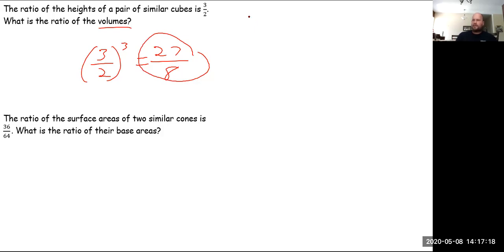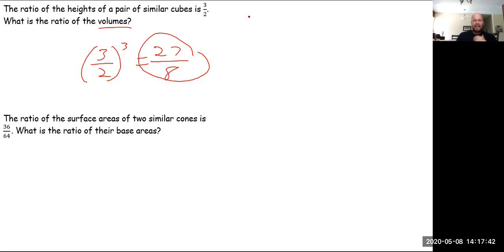The last one there, the ratio of the surface areas of 2 similar cones is 36/64. What's the ratio of their bases? So if they told you what the ratio of their surface area was, or any area, then you should be able to go backwards and find your scale factor. So if I wanted to know,